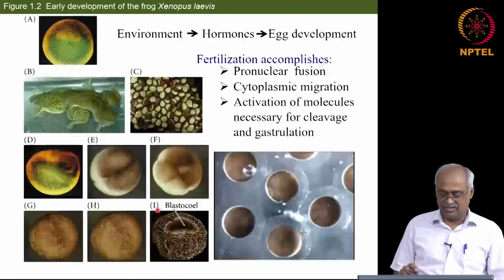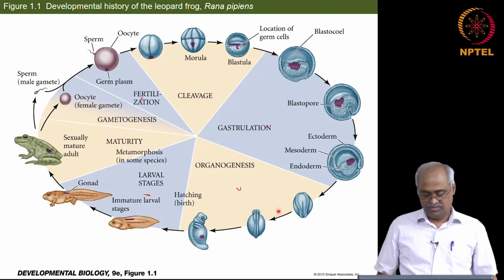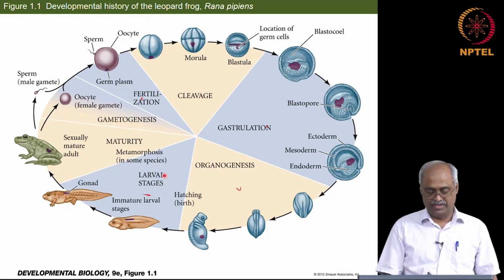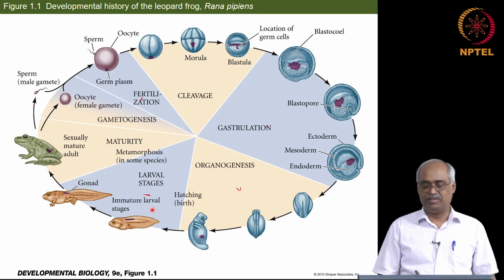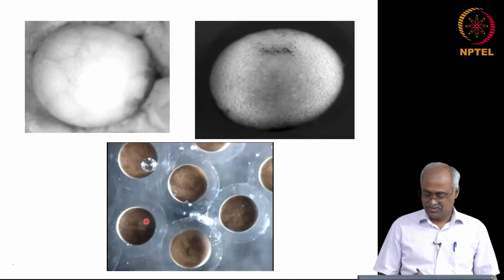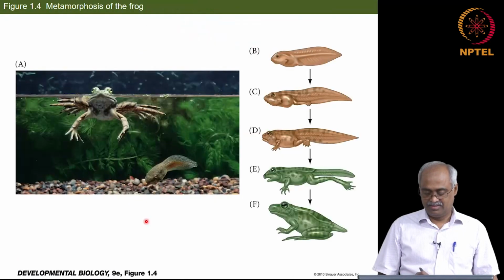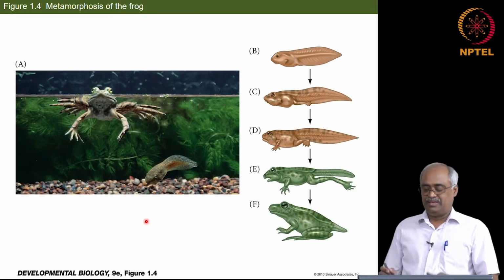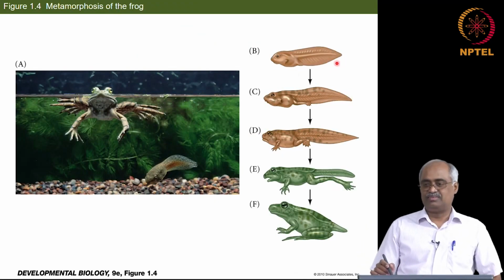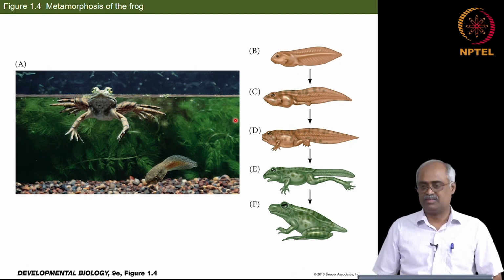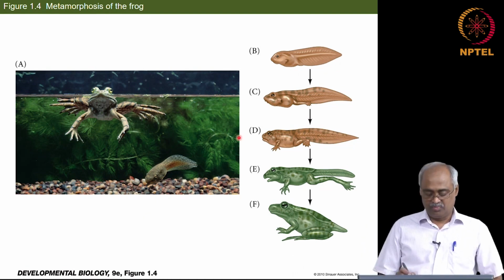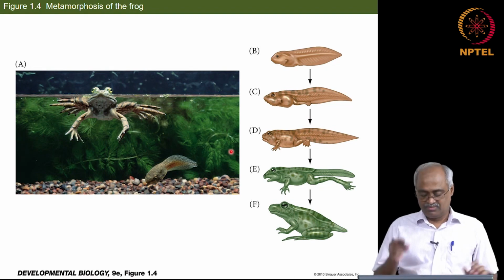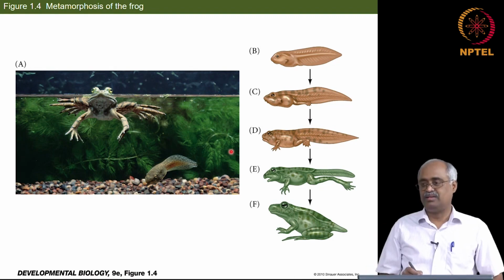Okay. So if we go back to our thing, we have come up to this. So now we need to see this. This is a very, very remarkable change that is going to happen in this organism. So that is in the next one, okay, metamorphosis. So essentially the tadpole, which is a herbivore, okay, eats all this plant stuff that grows in the pond or the river bed or whatever water body that it is in.